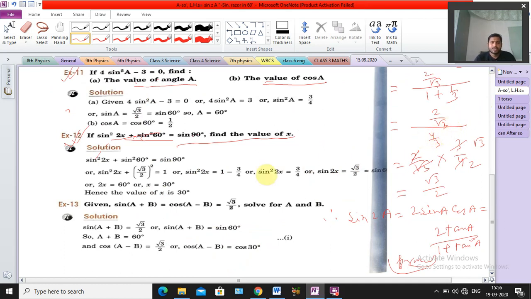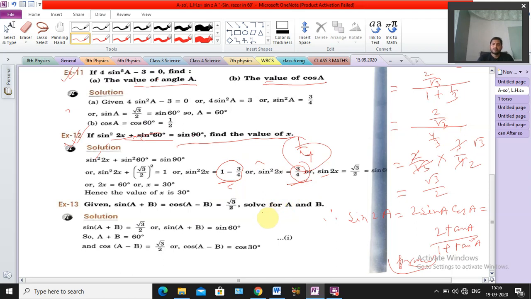That is a printing mistake. Okay, that one will be what, sir? Here it is written 1 minus 3 by 4, 3 by 4. No, 1 minus 3 by 4 is 1 by 4, only 1 by 4. But here it is written 3 by 4. That is a mistake. So don't take the answer from that example.